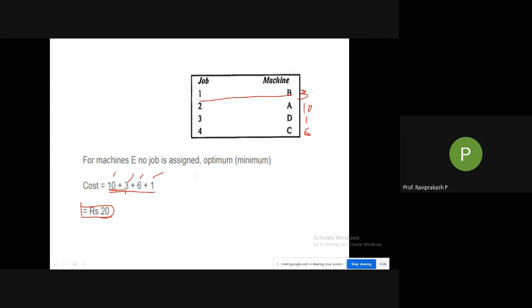I have not checked it because I thought you would be able to do it, and I have skipped the middle steps. So I have directly put this. So we need to check, but the answer will be 20. I told you, right? If there are multiple solutions, the answer will be the same, but the assignment could vary a bit. Not an issue. The other girl got this as C and this as D. Even that could be the answer.